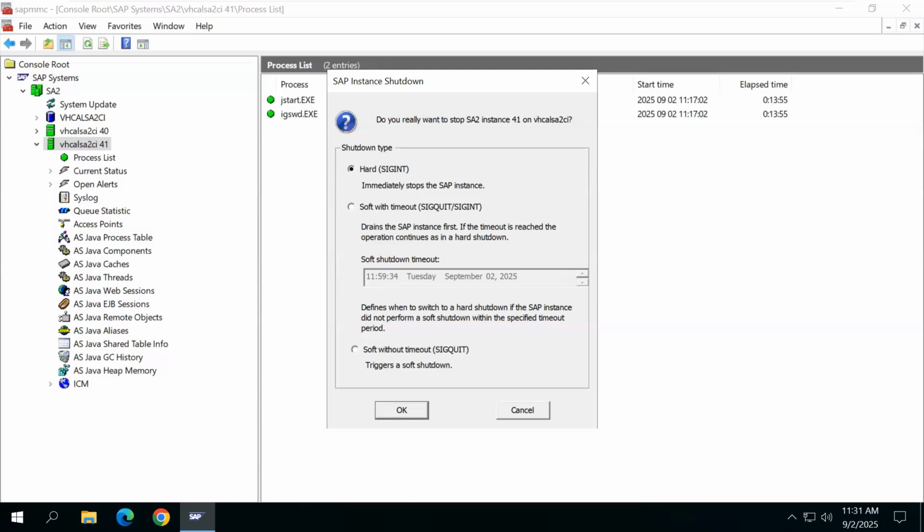But when I selected soft and set the time, from that time onwards, new user login is not